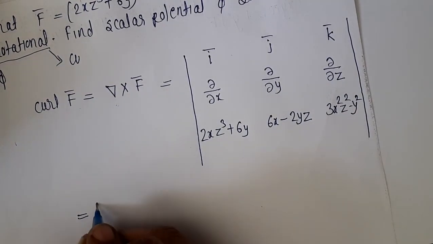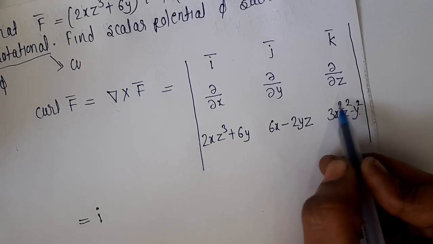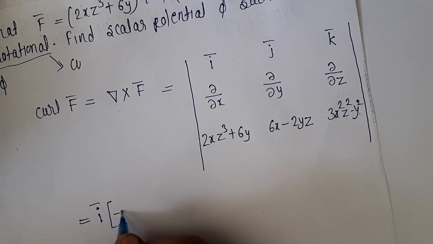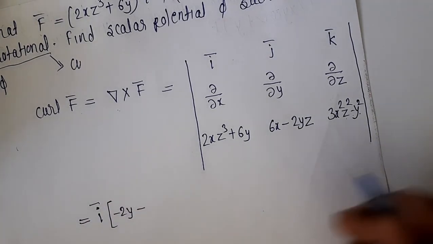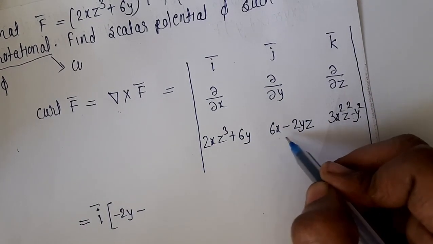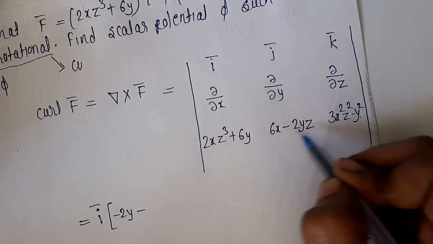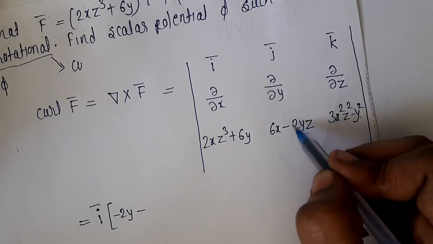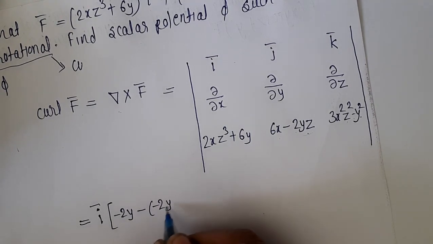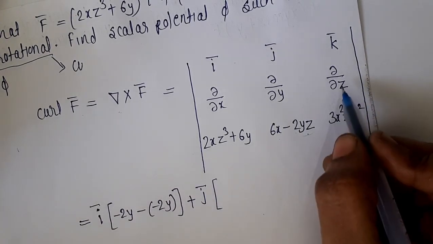It is equal to i times del by del y of 3x²z² − y². So the derivative of 3x²z² is 0, and the derivative of −y² is −2y, minus, then del by del z of 6x − 2yz. The derivative of 6x becomes 0 with respect to z, and the derivative of −2yz is −2y. So it is minus of −2y, plus, I am writing here plus j times,